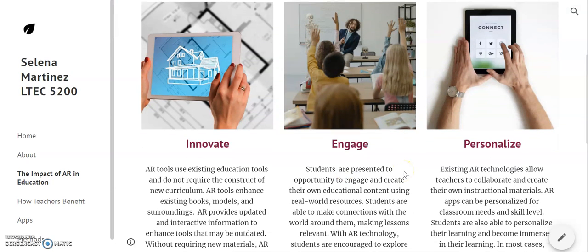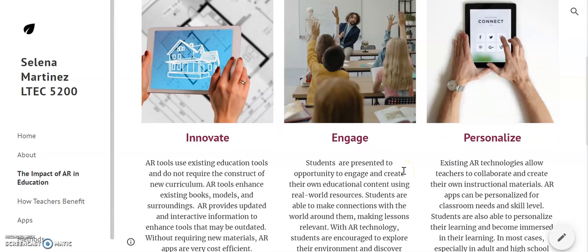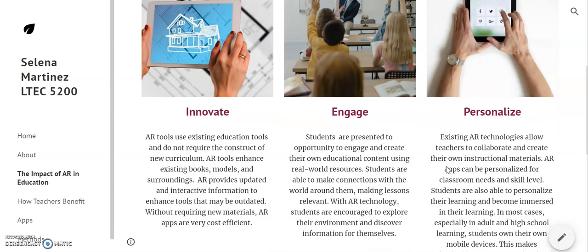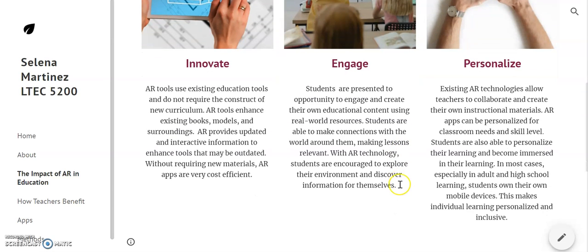Number two, I wrote engagement. Augmented reality makes these textbooks and surroundings more engaging, and that's mostly because augmented reality is very interactive. And lastly, I mentioned personalization. And the way that augmented reality can be personalized is because in this day and age, students are all starting to have mobile devices. And what that means is they can all download these augmented reality apps and have these resources right at their fingertips, as well as make their own classroom interactive for their own interests. So this is a huge breakthrough in education.